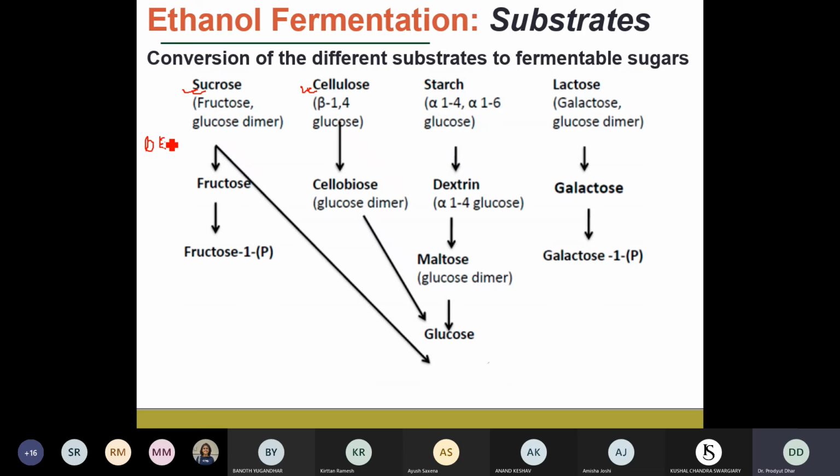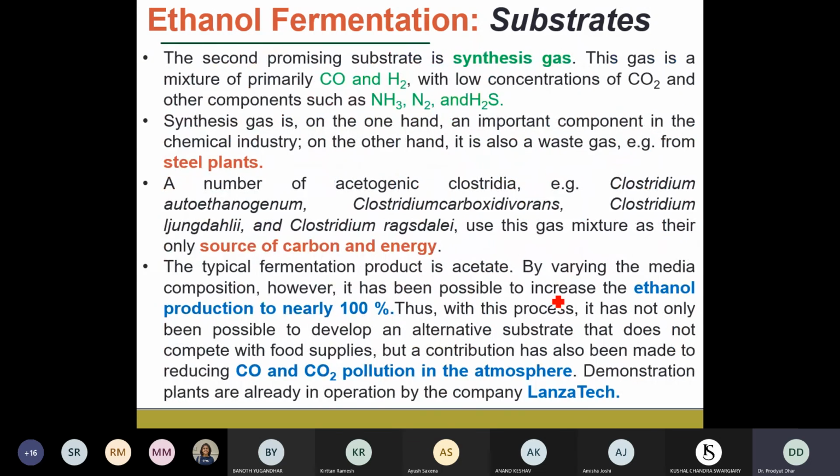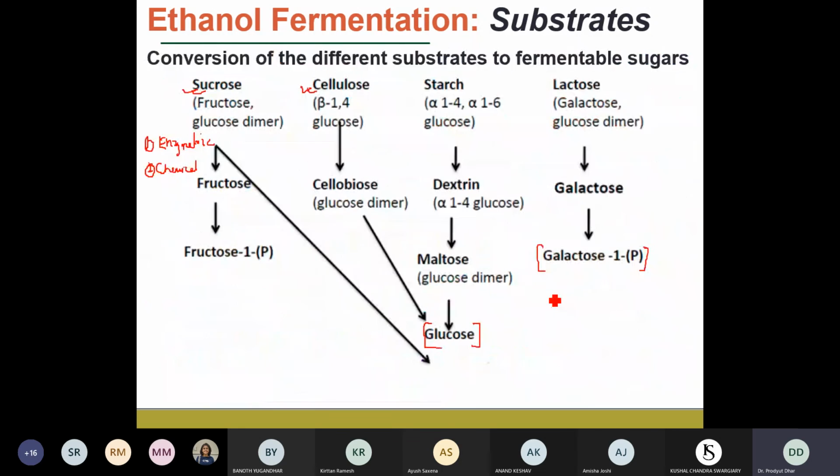There can be two different routes. One route is enzymatic, which is a biochemical route. The other is a pure chemical route by which the hydrolysis can be carried out. Once you hydrolyze it, the main target is to obtain glucose monomeric units and other sugar derivatives that can be utilized in the biochemical pathway of the ethanol fermentation process. We will keep our discussions till this today.